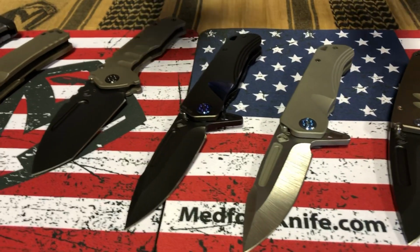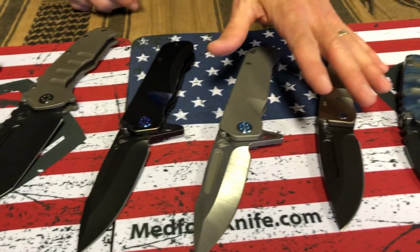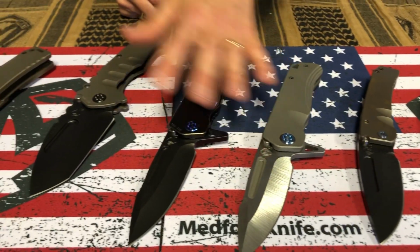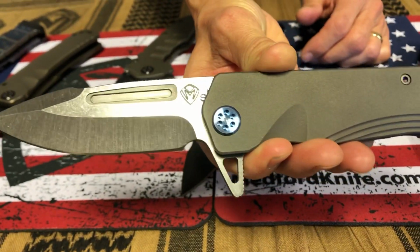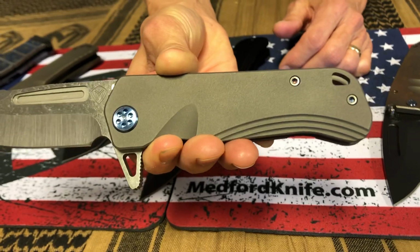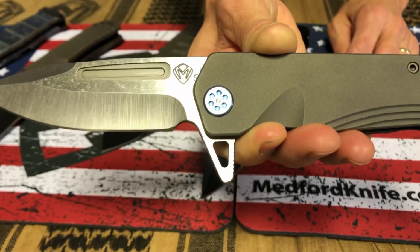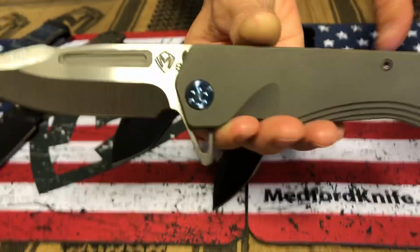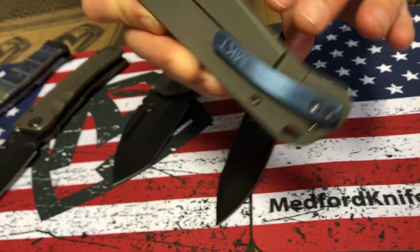Proxima, two of them. I would say this is our intermediate sized knife. So small, mid-sized, mid to intermediate, and then we make our way up to full size. So this Proxima, again, like the micro, bead blasted handle, so it's got that matte, overall rich, luscious, matte gray